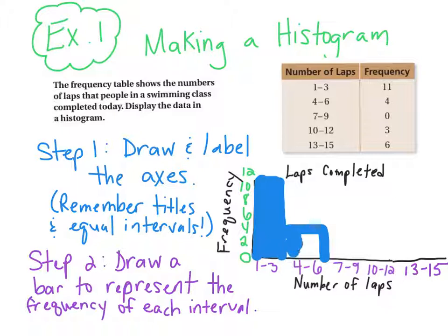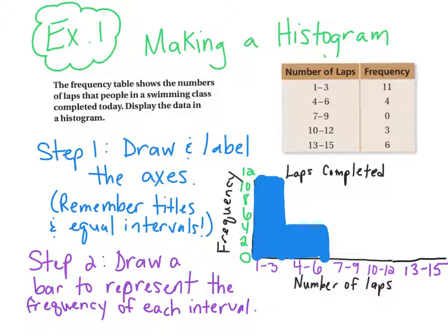And that interval is for 4 to 6 laps during the swimming class. And then the next interval you'll see actually nobody swam between 7 and 9 laps, so we leave it blank there, but it does need to be included because we do need to have equal intervals across the bottom there. So then the next one we look at is how many people were swimming 10 to 12 laps during